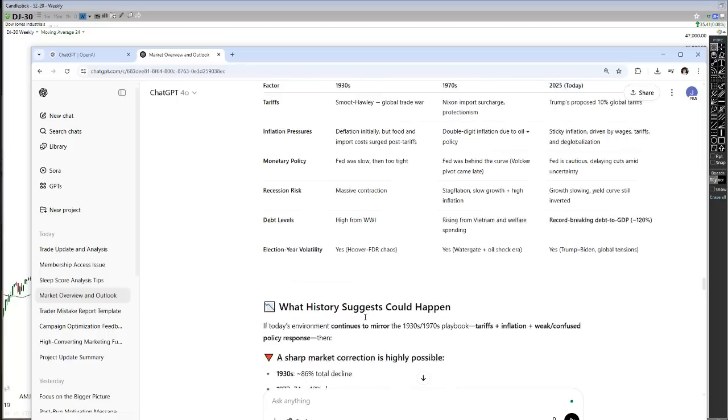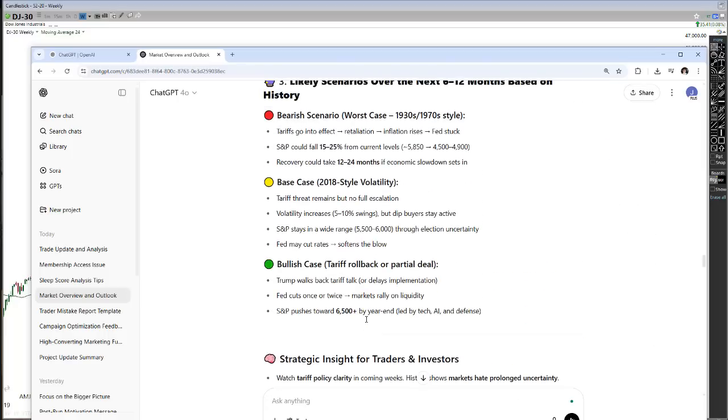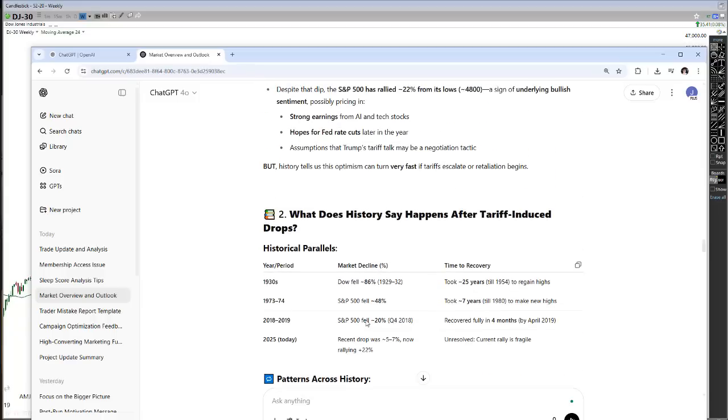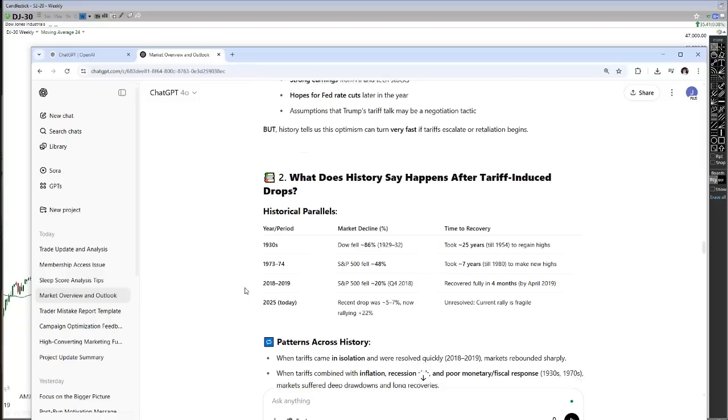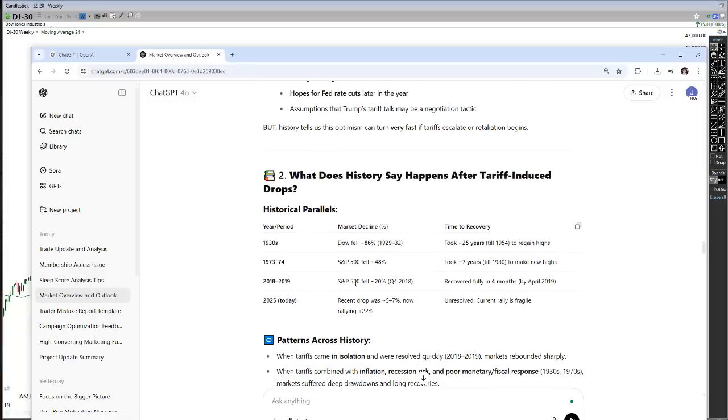Because 2019, I'm pretty sure, let's go to here. Yeah, so 2019, you can see what actually happened here. The market fell by 20%, right? But then recovered really quickly. So we may be seeing something like that. We may be seeing a bit of a shake and bake right now. And then maybe towards the end of this year, we're going to see a really big movement to the upside,